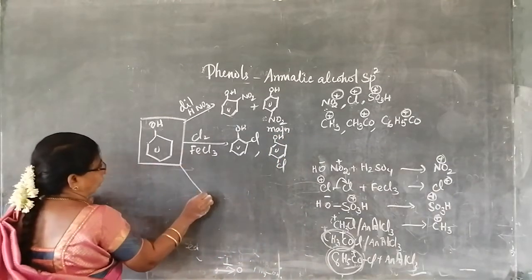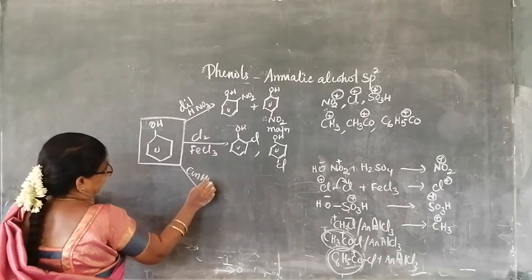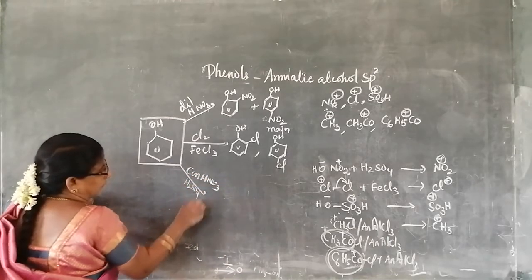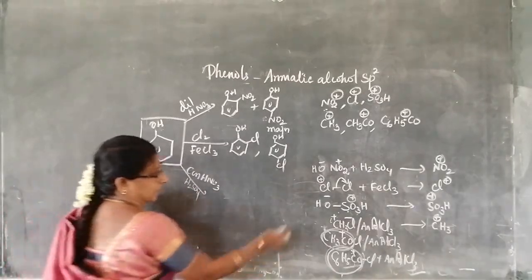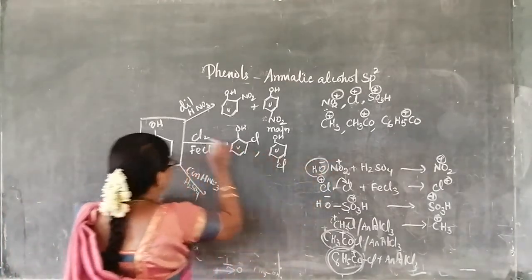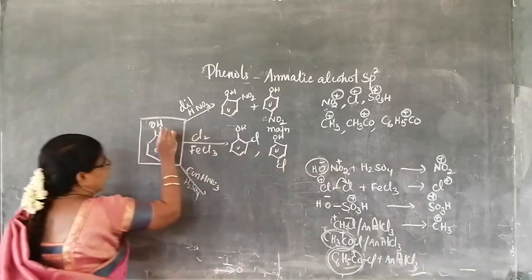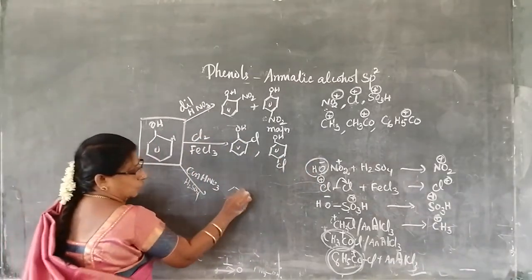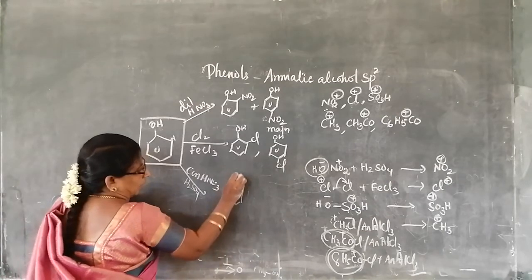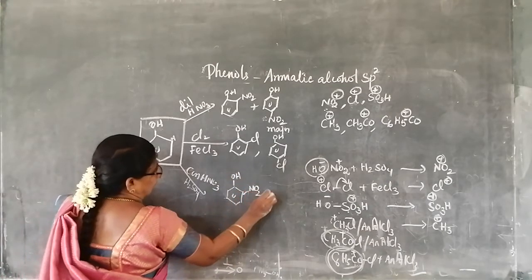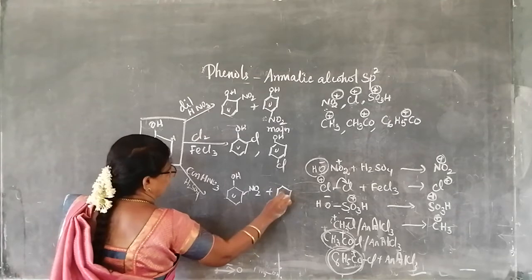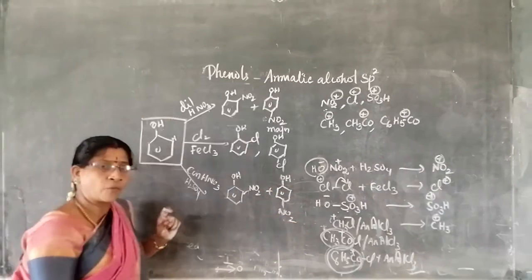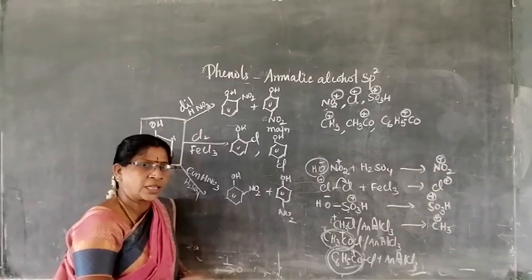If you treat it with concentrated nitric acid with a little sulfuric acid, sulfuric acid is a dehydrating agent that removes the water, the OH of the nitric acid and the hydrogen present in the ortho position and para position of phenol. So what is the product we will get? NO2 here, then in the para position also. This also we studied last year, in the States of Matter chapter, hydrogen bonding.